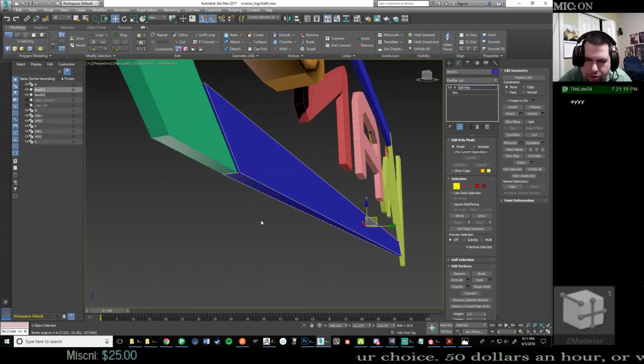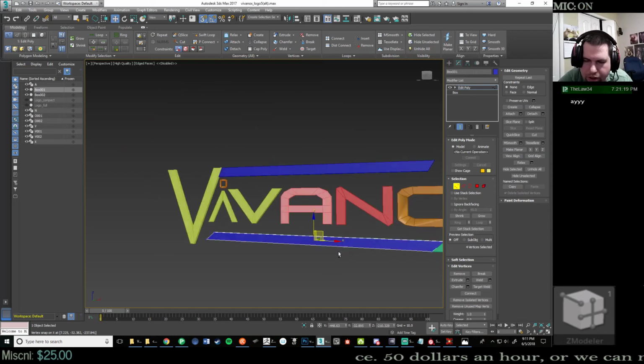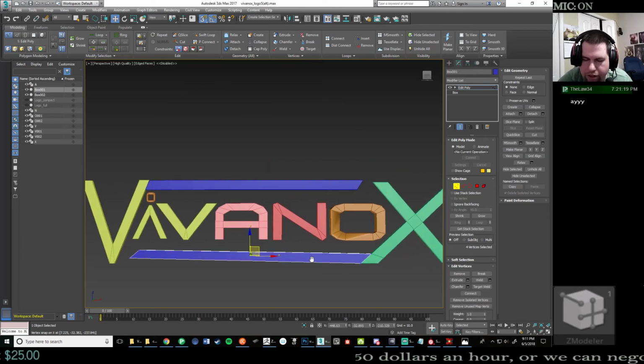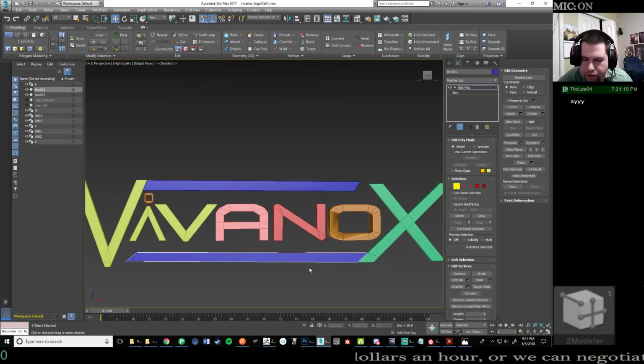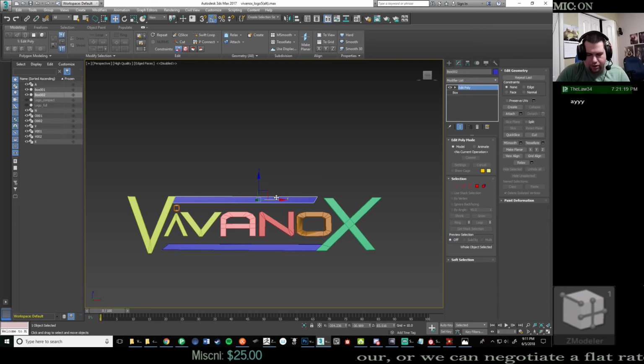That's what I used to do all the time. And then boom. It's the correct thickness, just like that. Then all I've got to do, turn off snapping, is I'll delete the top one here.